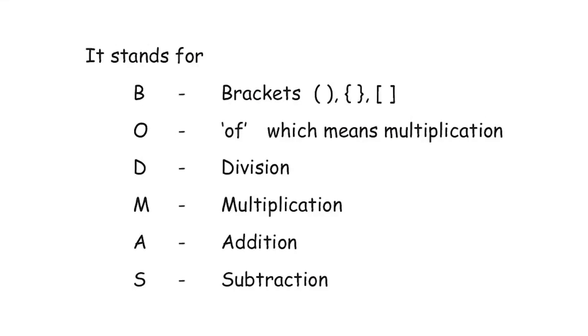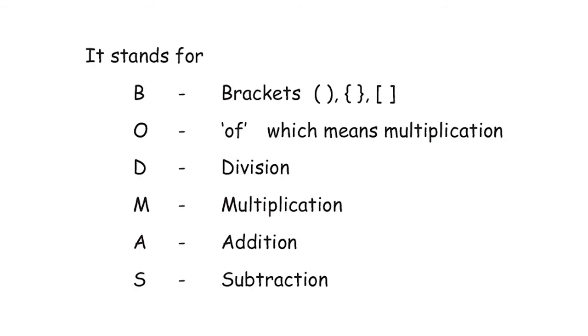So we've learned about addition, subtraction, division and multiplication of large numbers. What if you have a mathematical equation having all these operators? How do we do that? To avoid confusion, we follow a simple rule. That rule is called BODMAS. B stands for brackets, O stands for of, D stands for division, M stands for multiplication, A stands for addition, and S stands for subtraction.